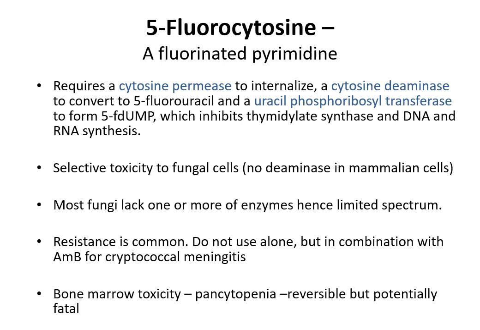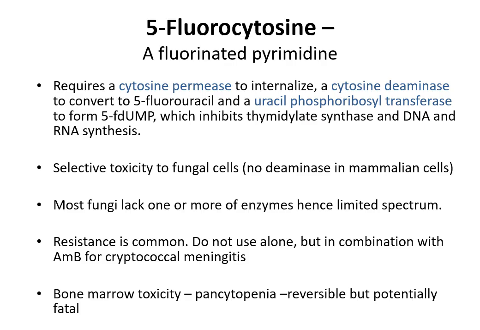It has selective toxicity to the fungal cell. So the deamination converts 5-fluorocytosine to 5-fluorouracil. And you have already studied 5-fluorouracil as a chemotherapeutic agent, in fact. So when you want to treat cancer, you directly give 5-FU, 5-fluorouracil. But if you want to treat a fungal infection, you give 5-fluorocytosine because it can only be converted to 5-FU